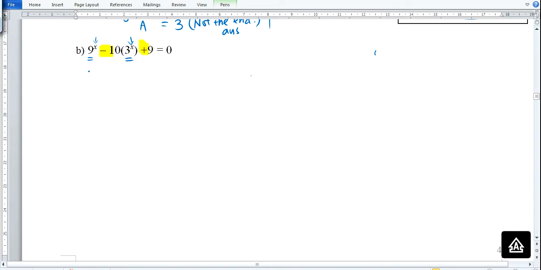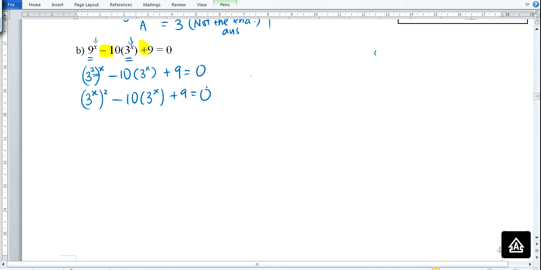So in this case, making it base 3 is the most convenient because 9 can be expressed as 3 squared, so 9 power x from the question, minus 10 times 3 power x plus 9 equals 0. So 2 times x in the power can be written as 3 power x squared minus 10 times 3 power x plus 9 equal to 0. So again the trick here is to let 3 power x be any random variable that you want that is not x. So I can let it be